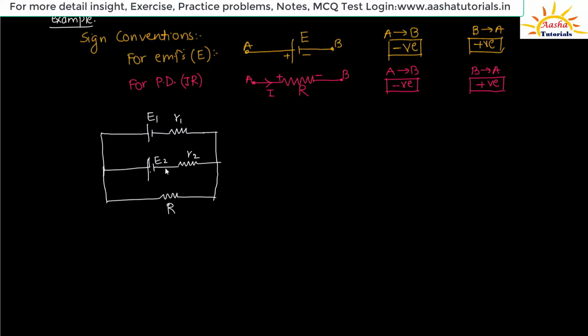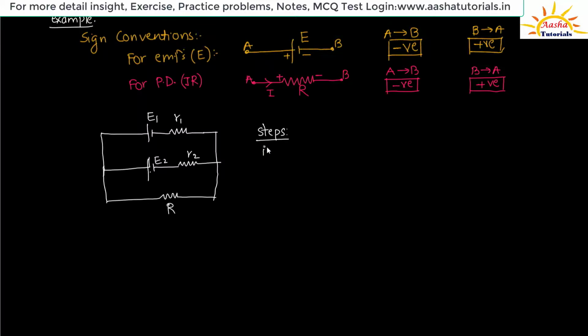In this particular example, using Kirchhoff's voltage law, suppose it is asked to calculate the current flowing through this external resistance or the current through any branch. So how can we apply Kirchhoff's voltage law in these loops to find the EMF, resistance or potential differences? Before using Kirchhoff's voltage law directly, there are certain steps that I suggest while solving problems based on it. So what are those steps?